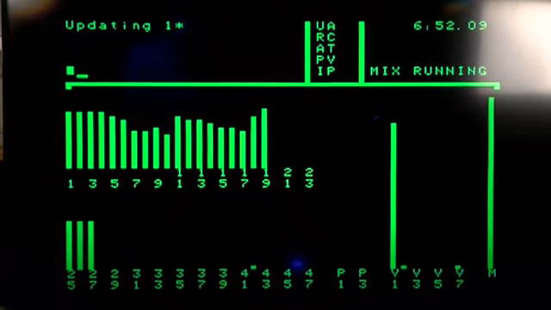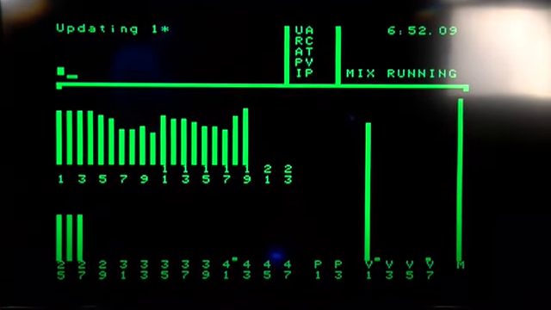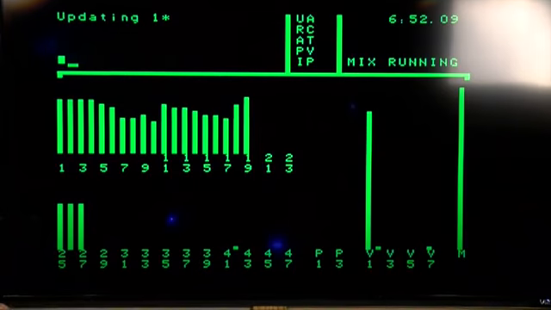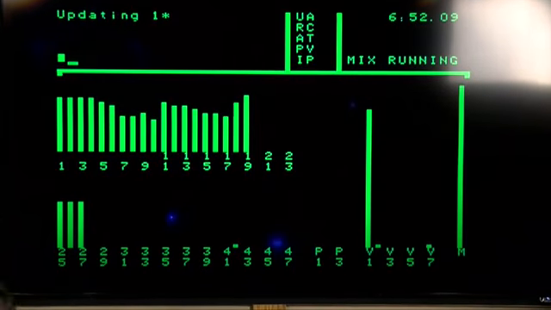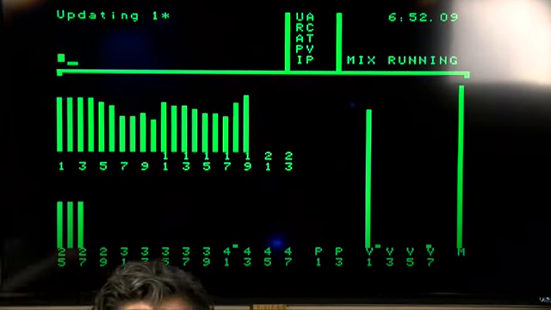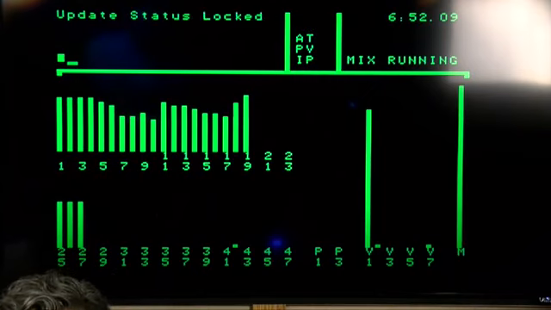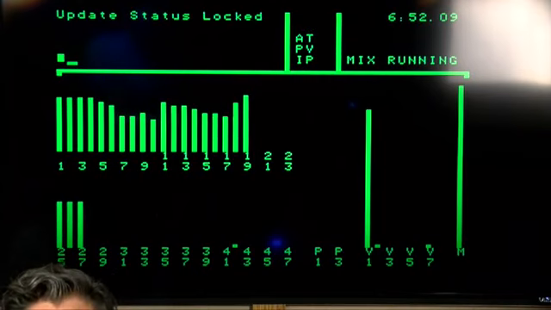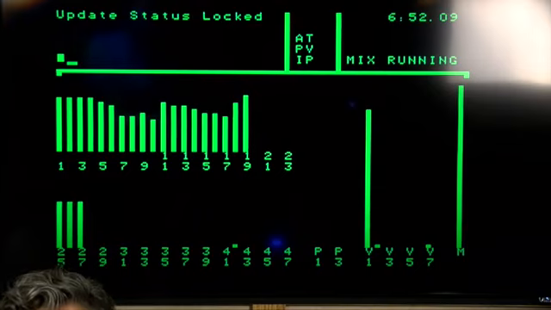And there's one more up there. IP. Immediate pickup. Let's turn that on, and I'll explain it. Immediate pickup is a mix option that allows you to write